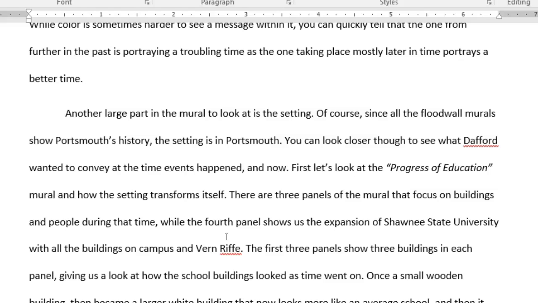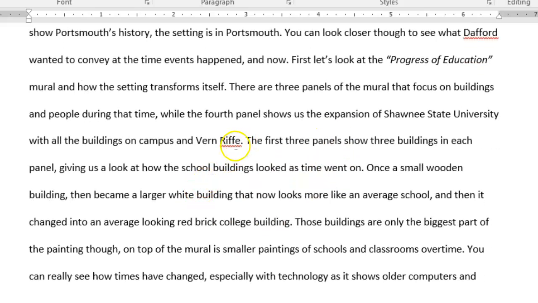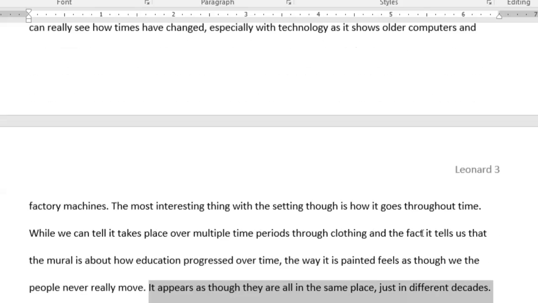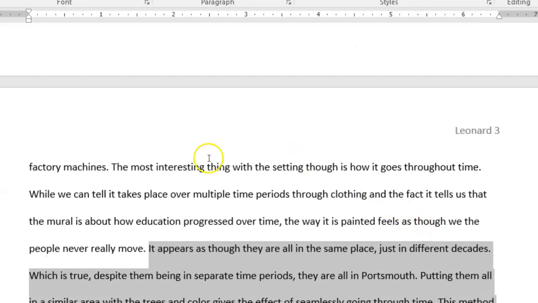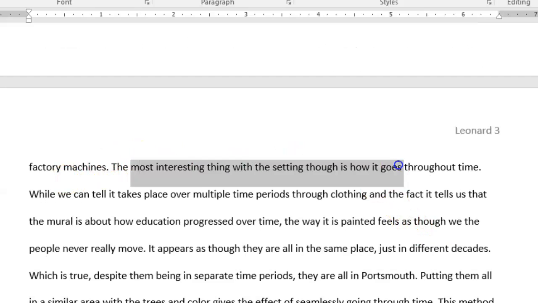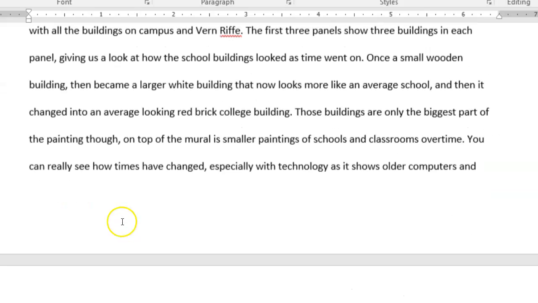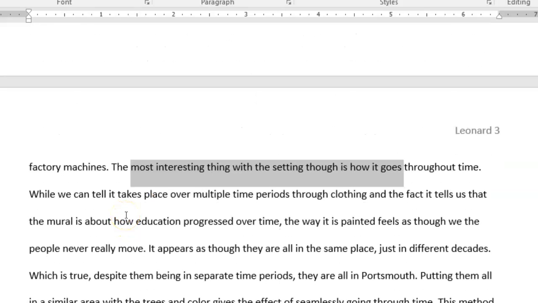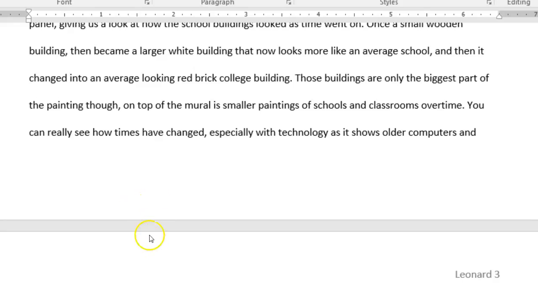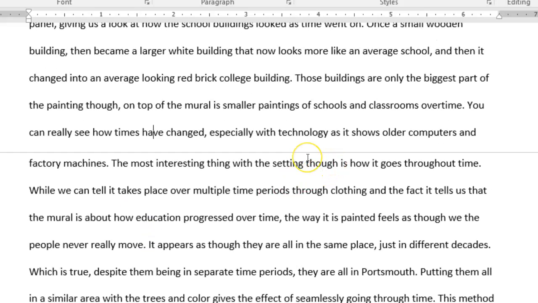I also think it's important that within your body paragraphs, here you have, like, you're talking about progress of education. There are 3 panels, first panel, second panel, talking about the buildings and all that, talking about how it goes throughout time. I think there needs to be some kind of connection to the paper's argument within the body paragraph. So not just at the end of a body paragraph, but like here,